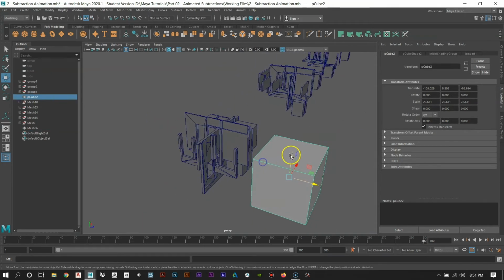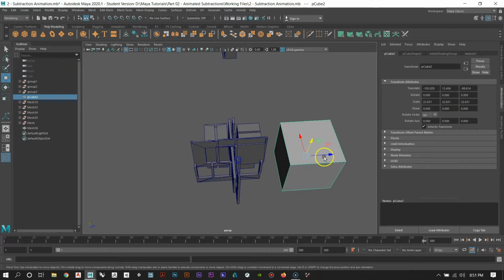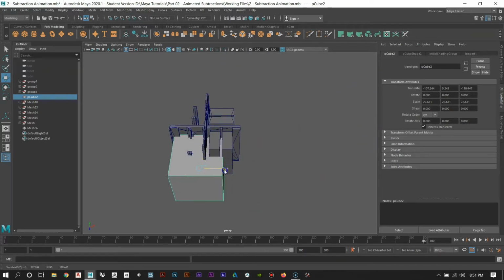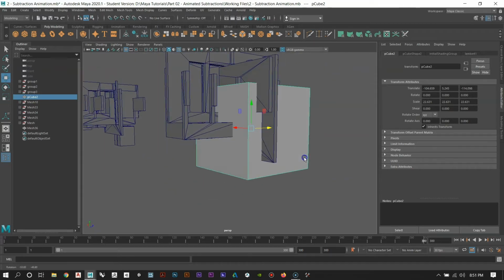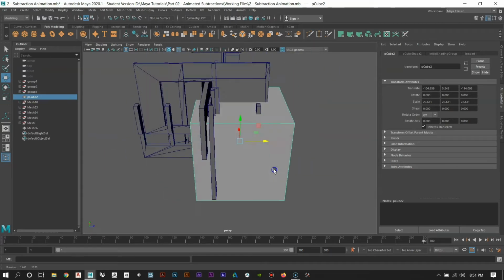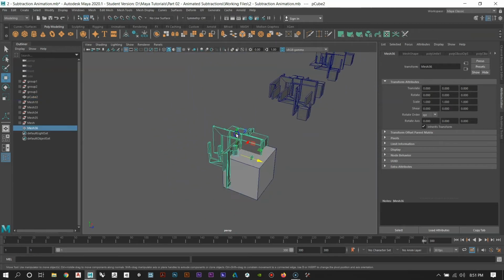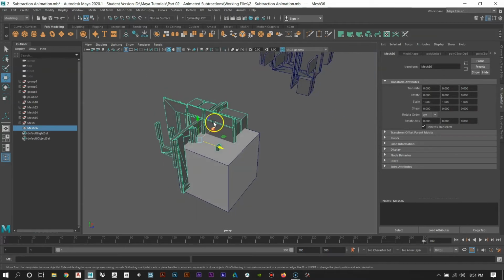So what that's going to allow us to do is subtract this cube from this piece of geometry, or at least it should. Again, this can get a little glitchy, so you just have to be a little careful with it. So I'm just going to intersect these two objects together. Okay. The other thing I'm going to do, we applied an ambient occlusion material to this object before